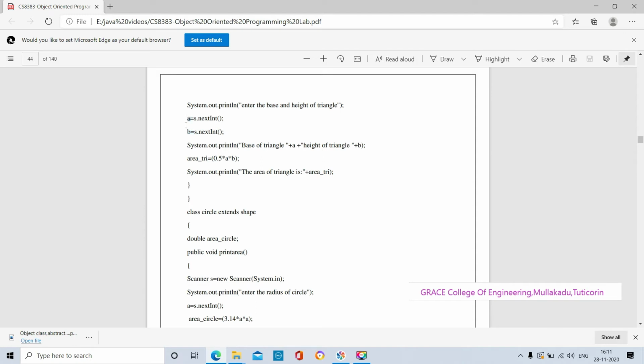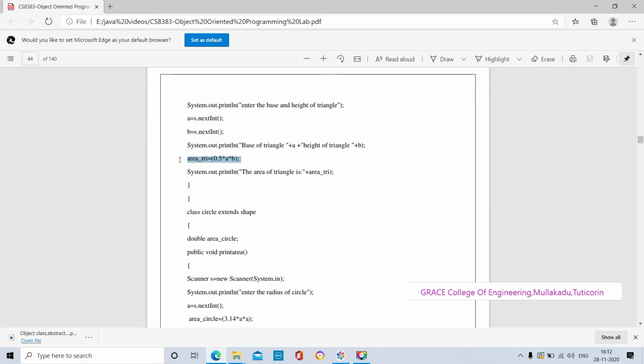So a and b are the variables. These variables' values will change while running our application program. A value is a constant and will not change, but variables can get different values while running the program. Maybe a gets 4 or 5, and b is a variable that may get values like 5, 6. Whatever value we give, that value will be accepted by the variables at the time of running.